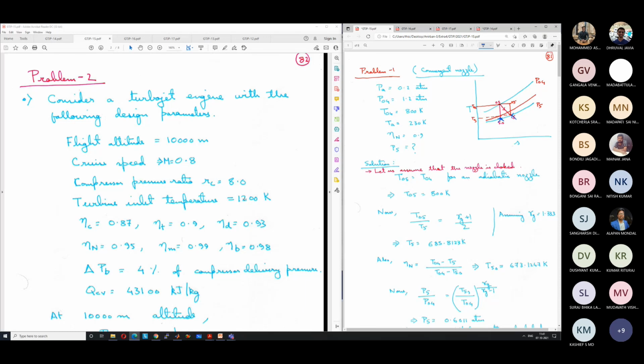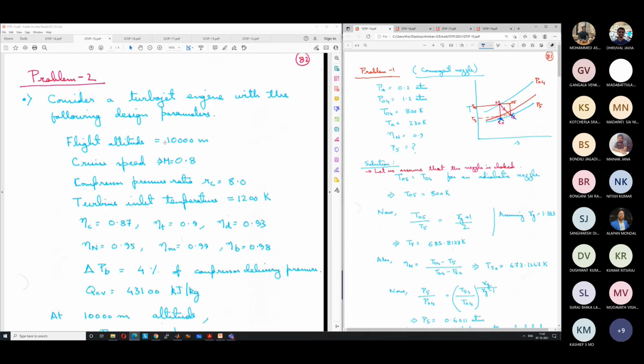So actual designing obviously is much more complicated. You have to design for different conditions. You will be designing for cruise altitude for the maximum flight time. Then for thrust, you have to design for the takeoff thrust because more thrust is required during takeoff. But for simplicity in this course, let us assume that we are designing for the cruise altitude. So the flight altitude is given to us.